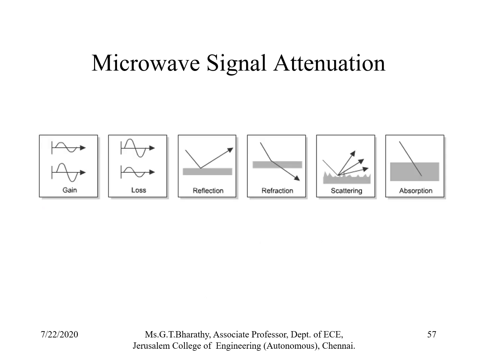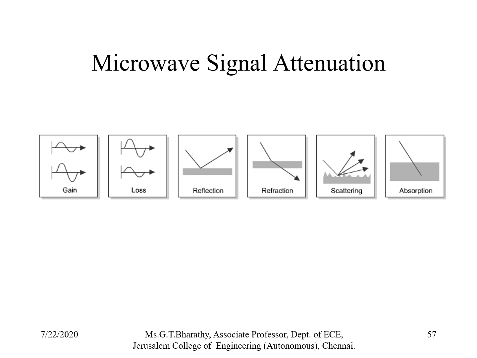Microwave signal attenuation. So you can see the first diagram gives you the gain. So gain in a signal will increase the amplitude of the signal. You can see the first sine wave is having a lower amplitude compared to the second sine wave. And you can also note one more point, that only the amplitude has changed and not the frequency. So in case of attenuation, you can see the amplitude of the second, that is the received signal, is less when compared to the input signal. So only the amplitude will be reduced in case of attenuation and no change in the frequency occurs.